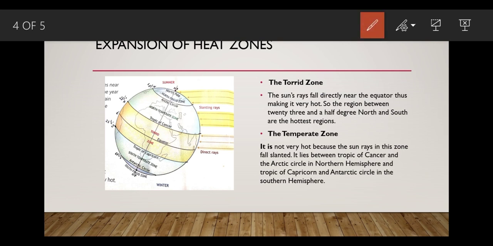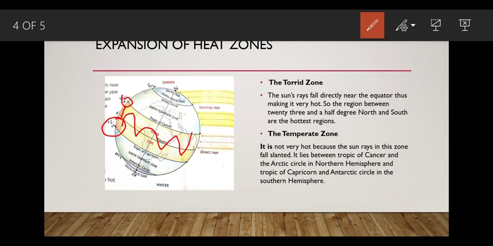You can see in the diagram the region between 0 and 23 and a half degree north and 0 till 23 and a half degree south. This zone is called the torrid zone, and it receives the maximum heat because sun rays fall directly in this region. So it has a very hot and very humid climate throughout the year.